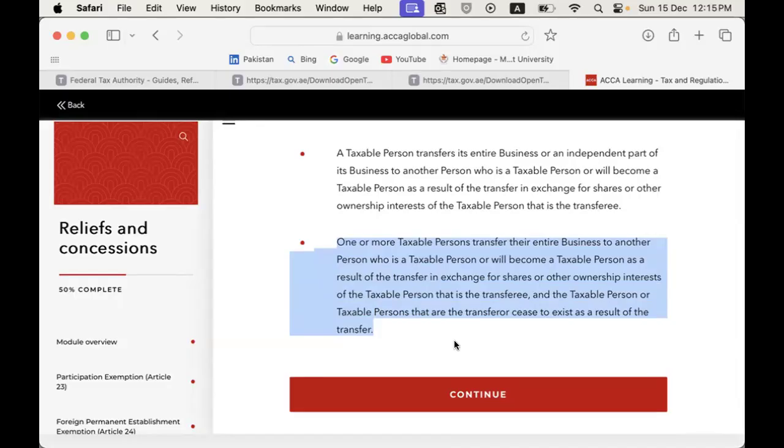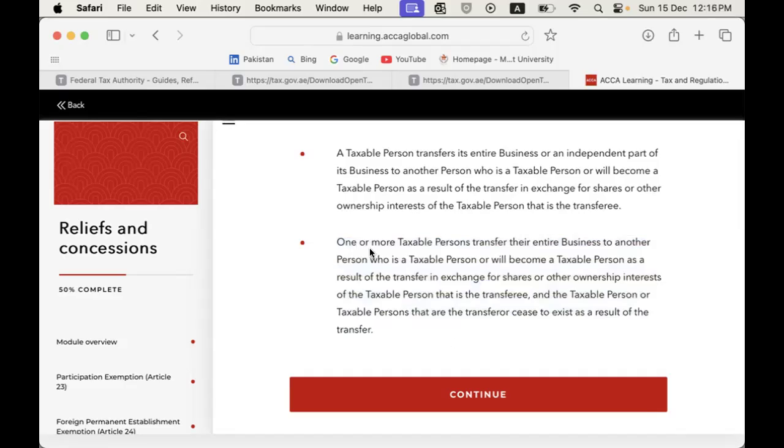Merger is a broad term. Merger is a new company, yeah. It's a broad term in which it is possible that both entities exist. That's one scenario in merger. In the second scenario, both companies cease to exist, and a third new company is formed. Right? But what is this scenario?